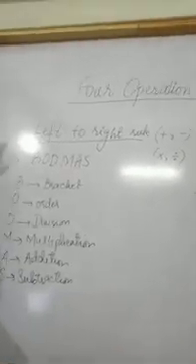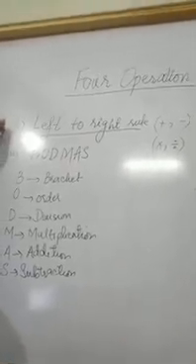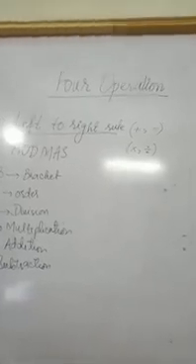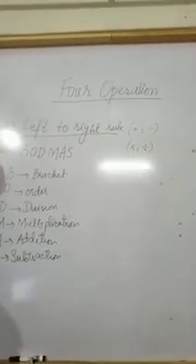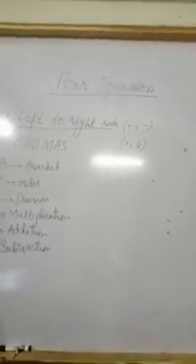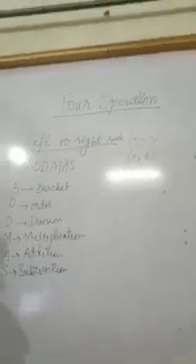So this is an overview of the four operations. We use the left to right rule where either addition and subtraction is involved, or we use the BODMAS rule where a combination of more than two operations is involved. After revising the four operations, you have to solve the worksheet of the four operations. Question number 1, find the value of the following.